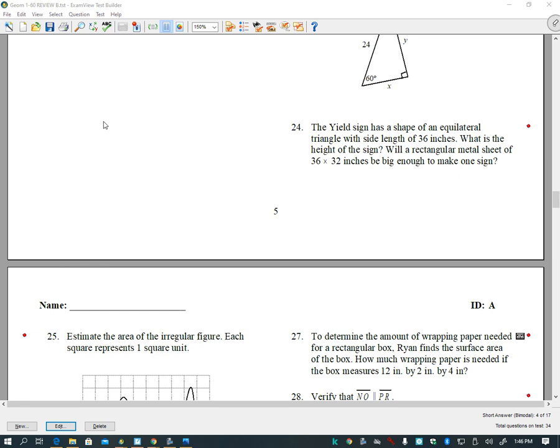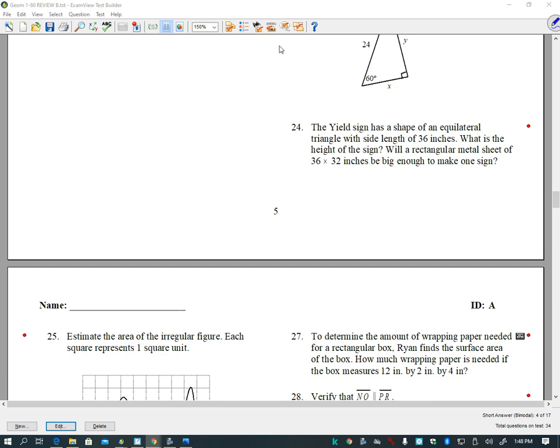Hold on, I gotta listen to something here, hopefully. Okay, so 24 is a question that shows up quite a bit. They don't ever change the numbers on it, but showing your work for it is a different matter altogether. So what they're